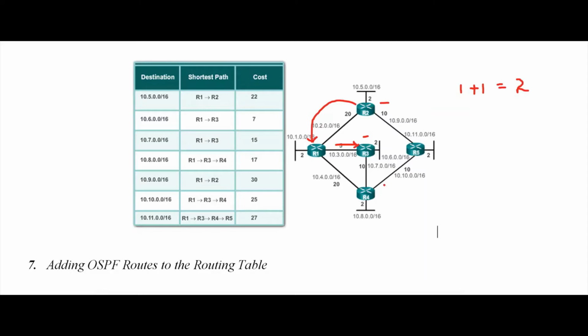Suppose I use another path. Now you see, this is 1, and this is going to be 2, and this is going to be 3. So if I come on this path, totally I am going to have a distance equal to 3. So which one am I going to select? I'm going to select this one, because this is going to be the lesser value. Now, what does distance mean? Distance is nothing but the number of hops. Hop means jump. If the number of hops is less, then I'm going to choose this particular path.